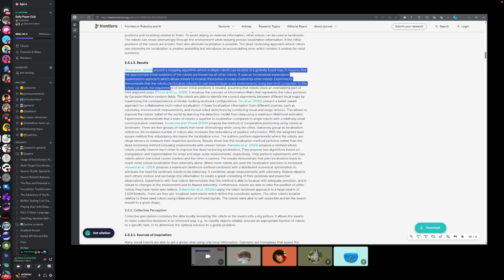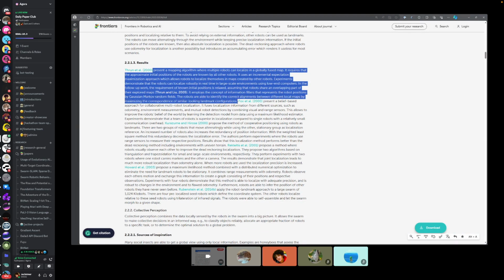In the follow-up work, the requirement of known positions is relaxed, assuming that robots share an overlapping part of their explored maps. It employs the concept of information filters that represent the robots' positions by Gaussian and Markov random fields. The robots are able to identify the correct alignments between different local maps by maximizing the correspondence of similar-looking landmark configurations. Fox et al. 2000 present a belief-based approach of collaborative